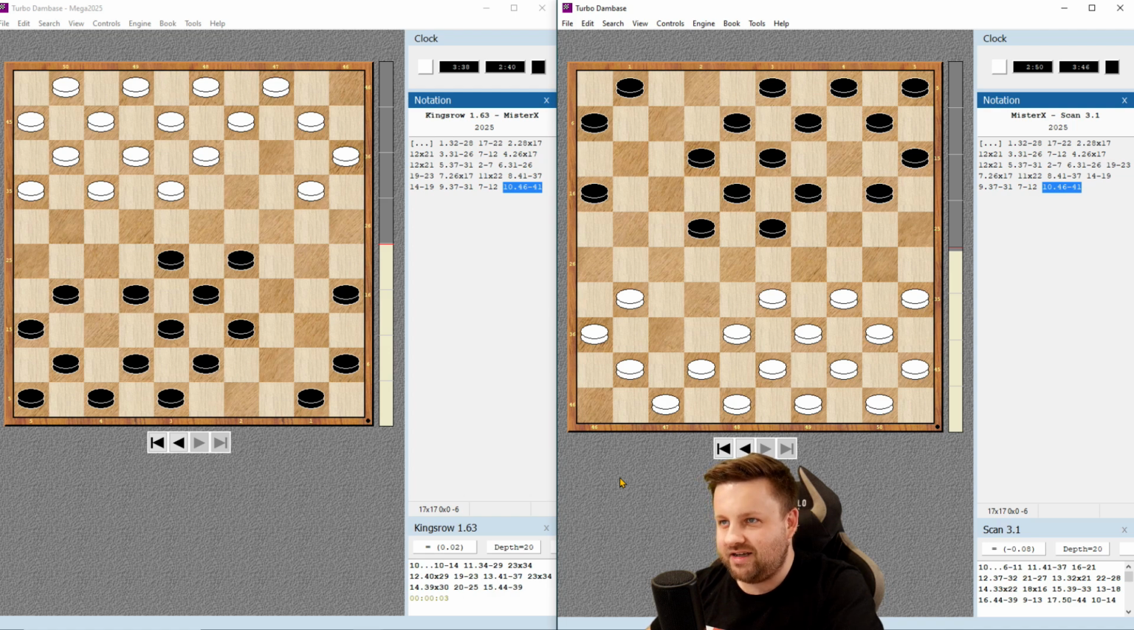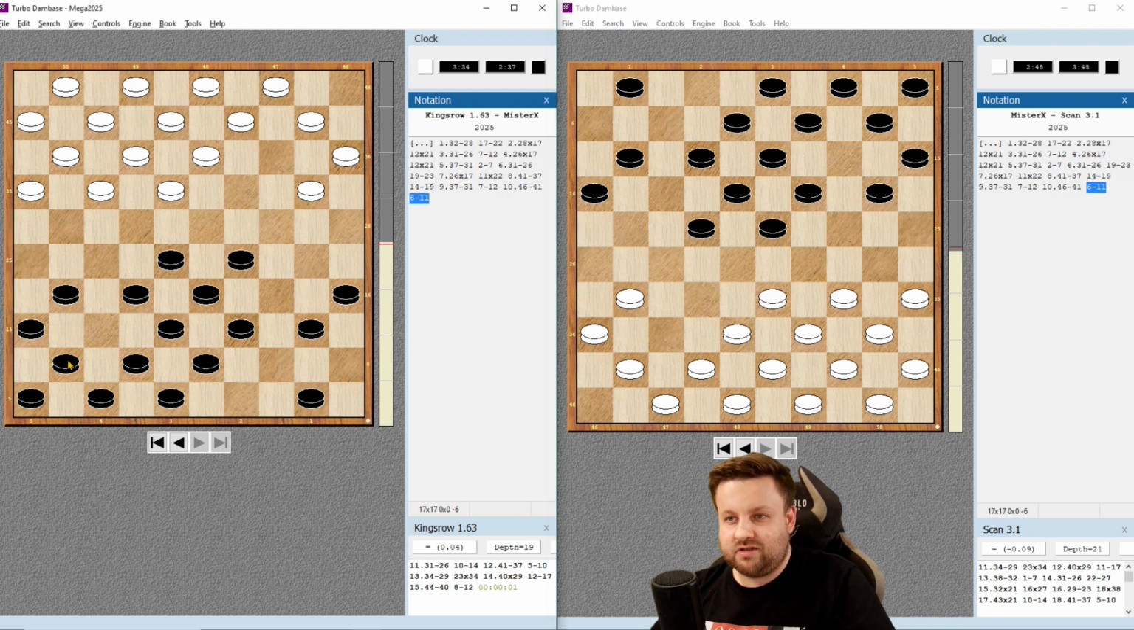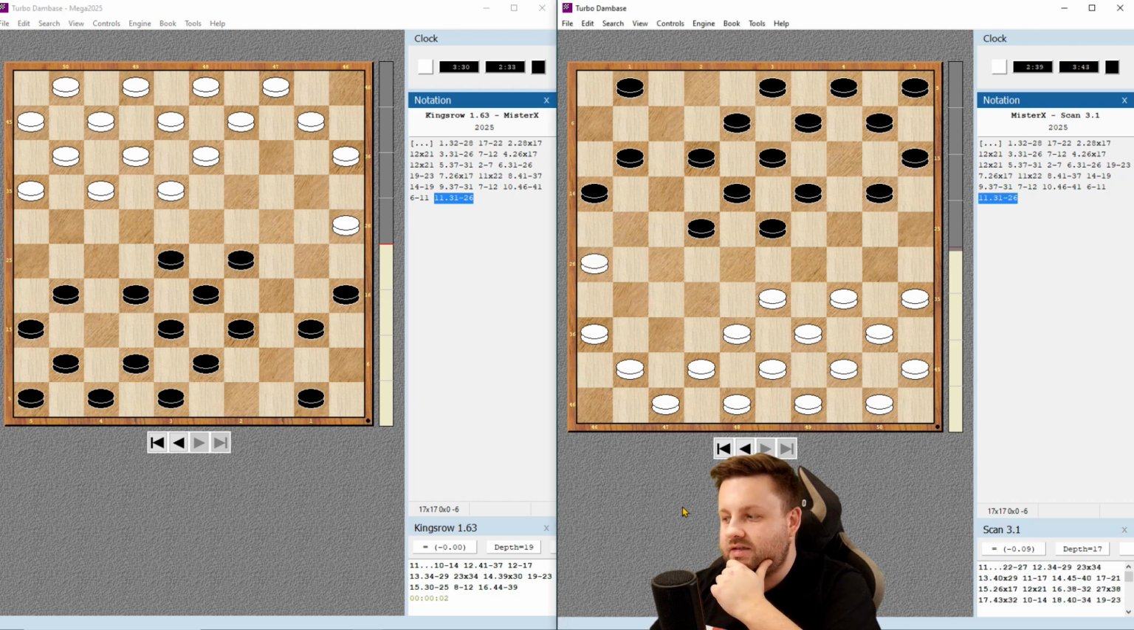After all, it's quite a late evening when I record this video, but I'm really curious about how it will go. 6-11, so once again, without this move 10-14, developing the wing, here Scan tries to develop the other wing, 6-11, but of course this is the central move, and here 31-26, so it means KingsRow wants to control this